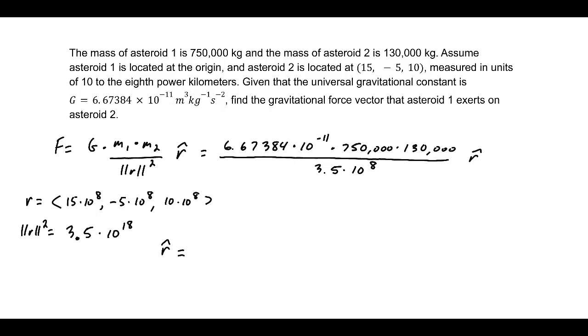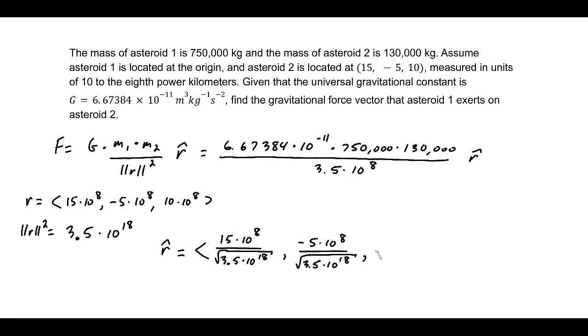Because we already know what the vector is, and we now know the magnitude of that, it's the square root of the magnitude squared, we can say that our vector is, open bracket, 15 times 10^8 over the square root of 3.5 times 10^18, comma, negative 5 times 10^8 divided by the square root of 3.5 times 10^18, comma, 10 times 10^8 divided by the square root of 3.5 times 10^18,